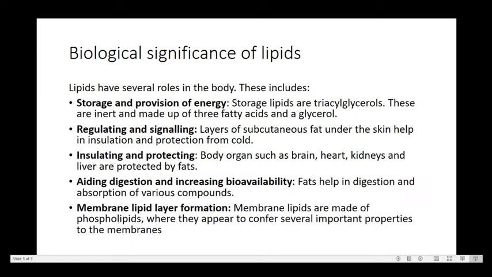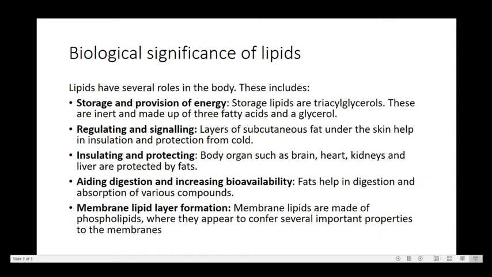Fat also play an important role in sustaining nerve impulse transmission, memory storage and tissue structure. Specifically in the brain, lipids are focal to brain activity in structure and function. They help to form nerve cell membrane and insulate neurons, and also they facilitate the signaling of electrical impulses throughout the brain. So next, coming to the point, insulating and protecting.